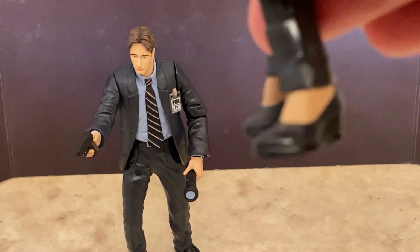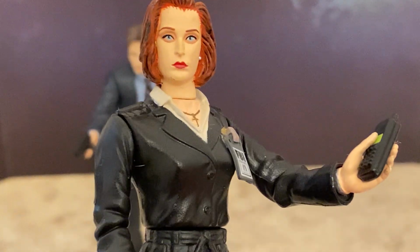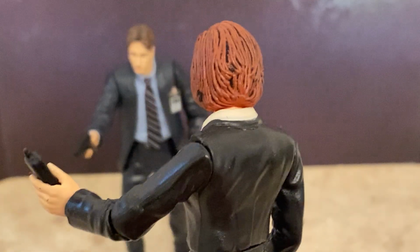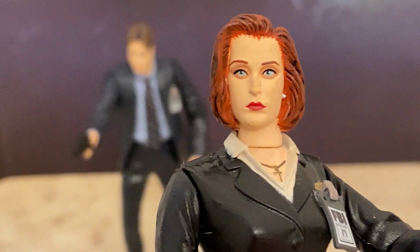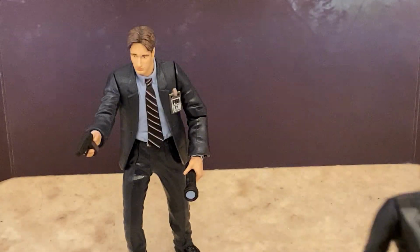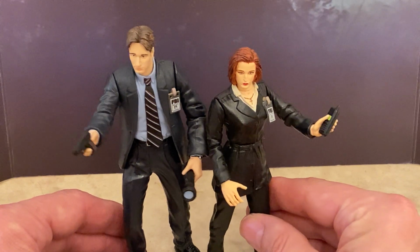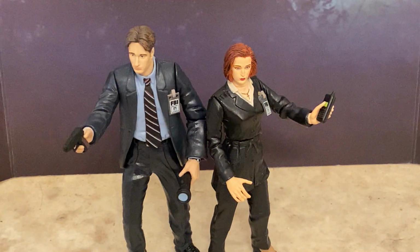Anyway, she's got her little smart looking 90s outfit on. After the movie, she seemed to wear this damn near every episode on the series when they came back to TV. There she is with her deadly Nokia phone, but no gun. And honest, guys, I really think they didn't come with any guns, and I think that was a point of contention on my part. I think I added that gun, but maybe I'm full of shit. Maybe he did come with that gun, but